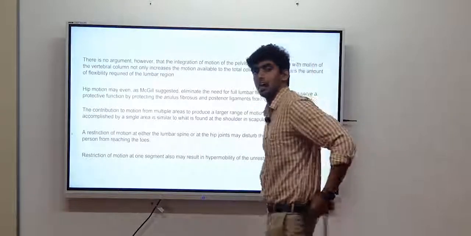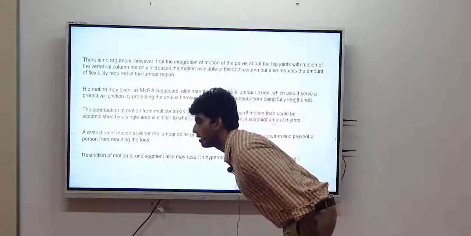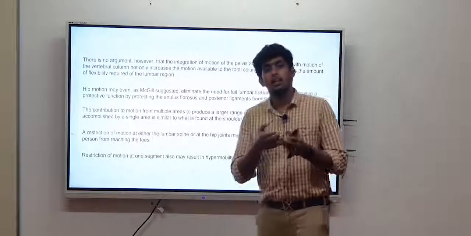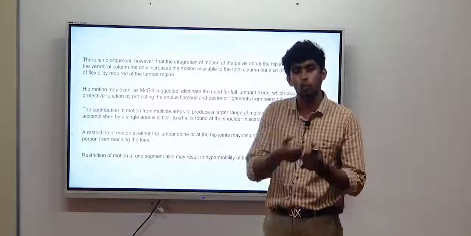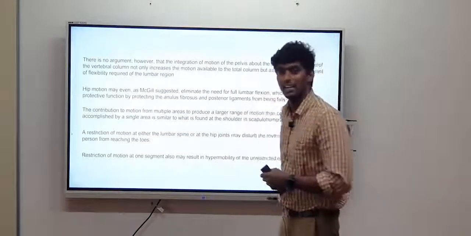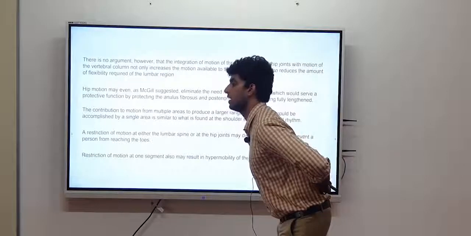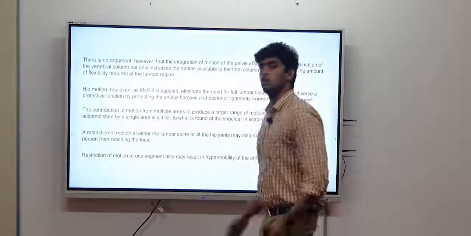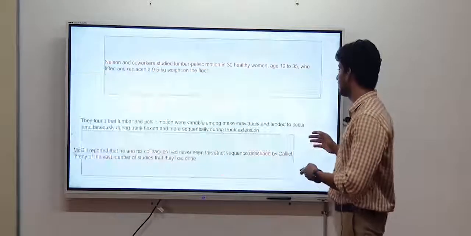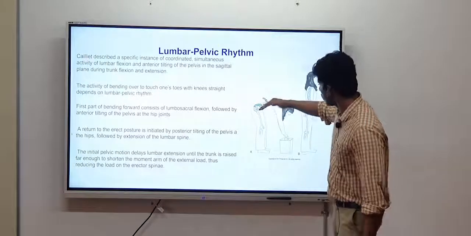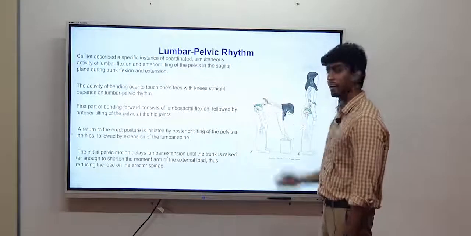For example, if you are arching over here, just arching and maintaining the lumbar lordosis, if you bend further, there will be a limitation. The muscle structures over the posterior part, that is hamstring and gluteus maximus, will get stretched out if you maintain a lordotic curve and start to bend, which means your arch should be maintained and you have to bend. At that time, the posterior structures will go for stretching, but in order to initiate the lumbar movement, the lordotic curve will be transferred into a mild kyphotic curve, then anterior tilting of the hip will occur.